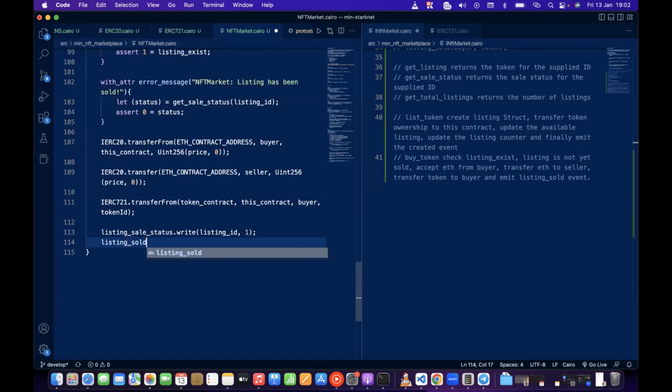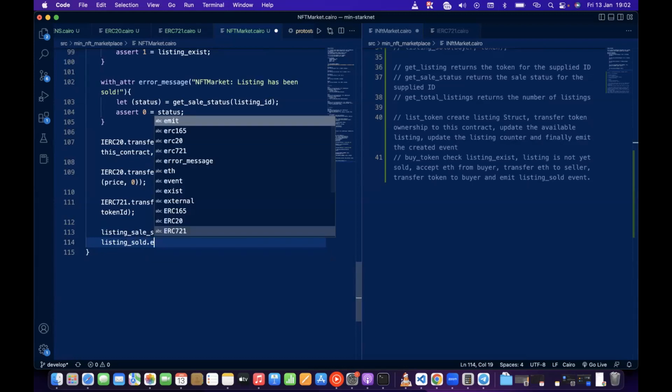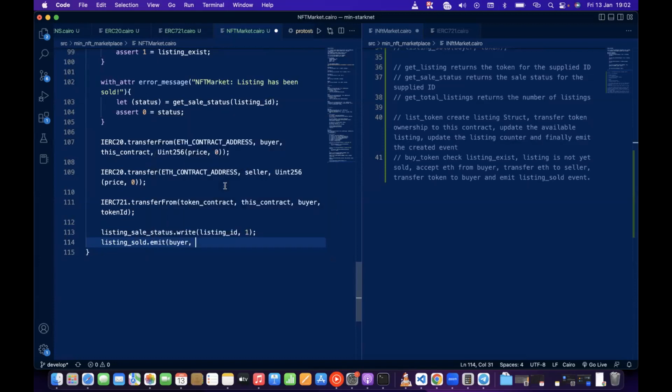with the buyer address and the token ID, right? Listing sold takes in the buyer